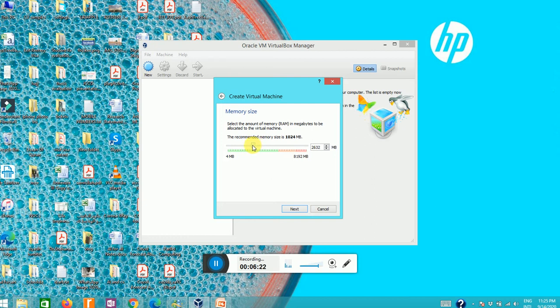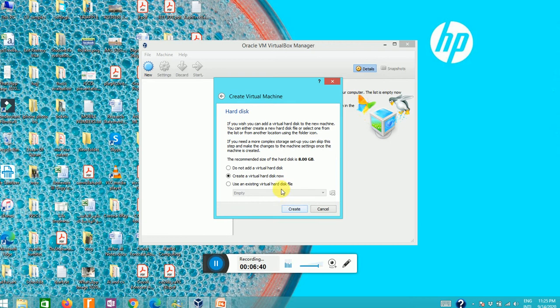This is my choice. I can change it even after startup. Then I can click next, and then here I have to choose the last option.